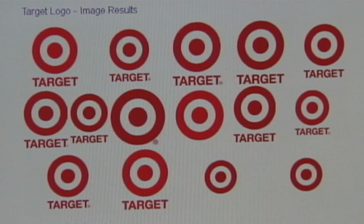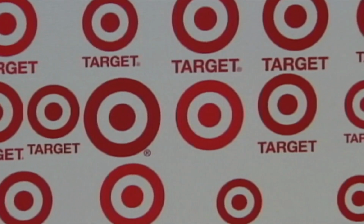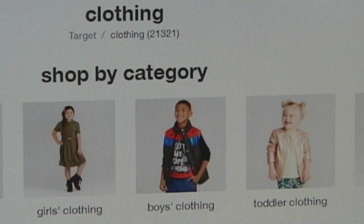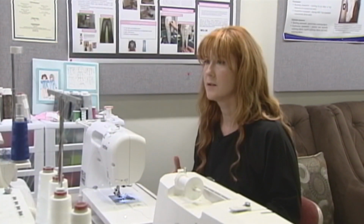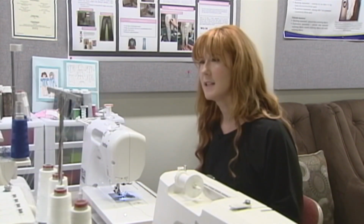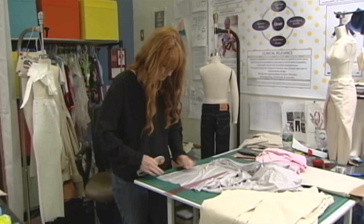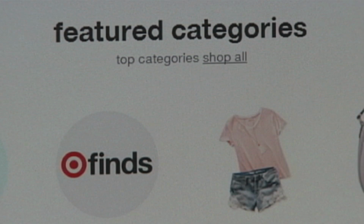Target has just recently started to be interested in designing or providing clothing for kids with special needs. So they just released a line for children with autism, so things that don't have tags that can irritate the skin or seams in places that could bother a child. Committee members on Hall's dissertation have developed a relationship with Target, so there may be some potential work in the